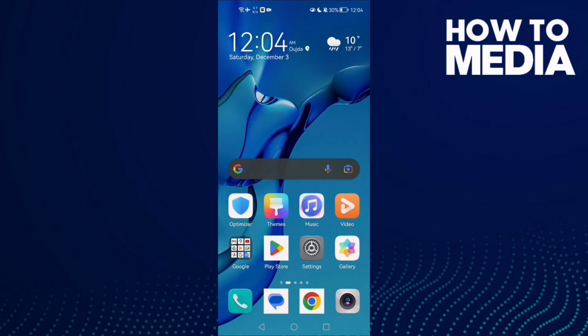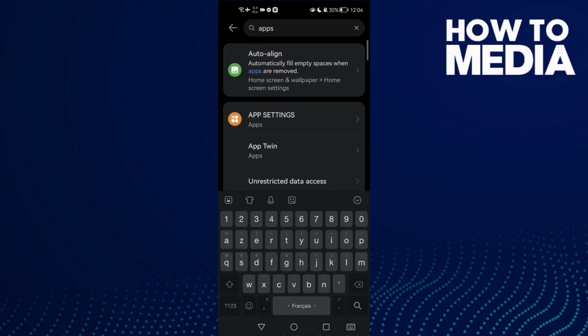How to fix Instagram notifications not working on Android or iOS phone. Hello guys, in today's video I'm gonna show you how to fix Instagram notifications not working on Android or iOS phone. First, go to settings and